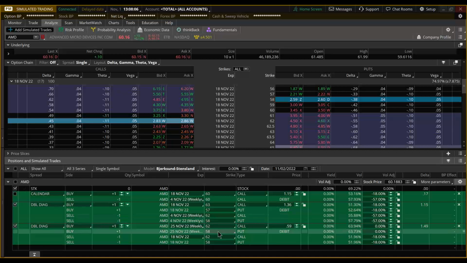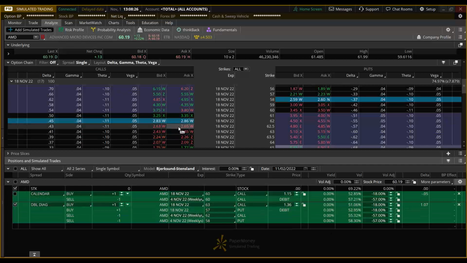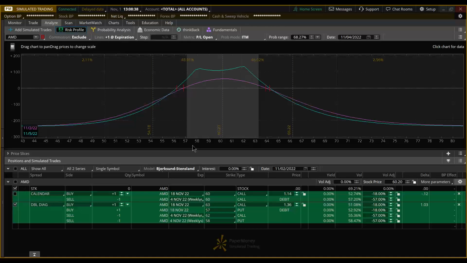That didn't populate how I expected it to. That's throwing me off there. I thought this would come up as a 62.58. I need to go out to the long strike in order to do that comparison. I think no, that won't work either. I'm not sure. I must have done something wrong there. But let's see, the double diagonal, that looks right. And then a double calendar to compare.